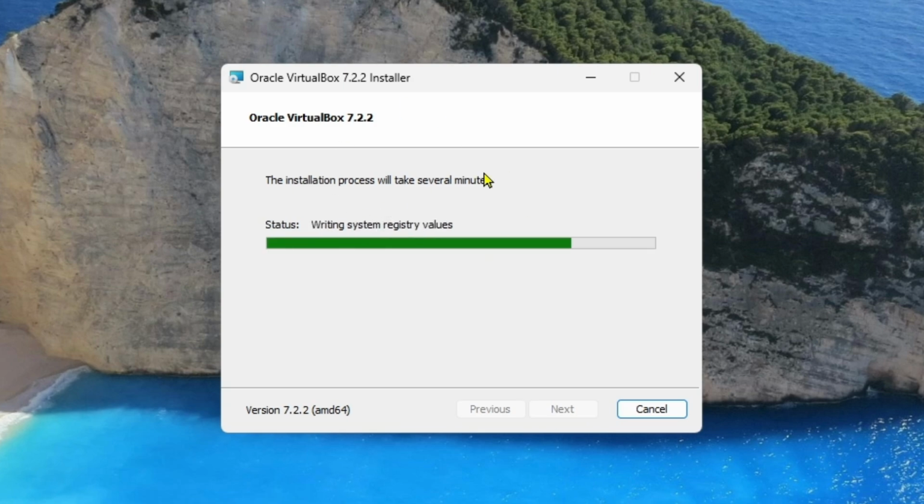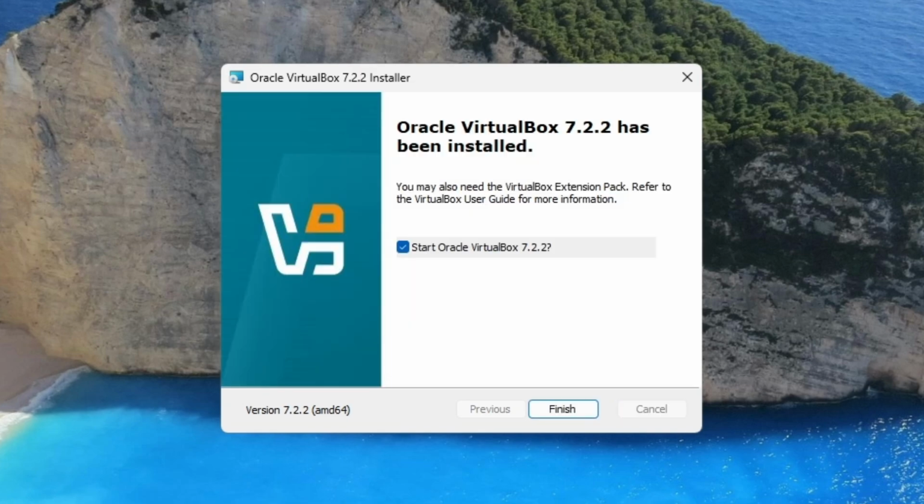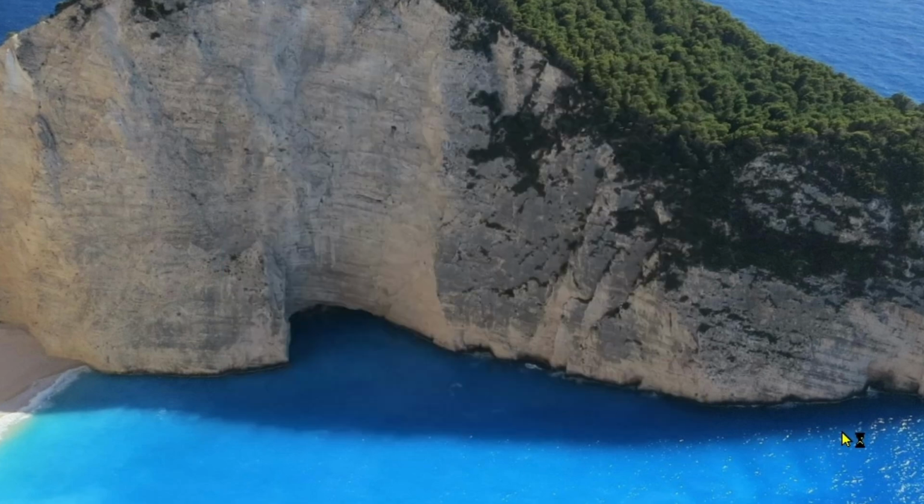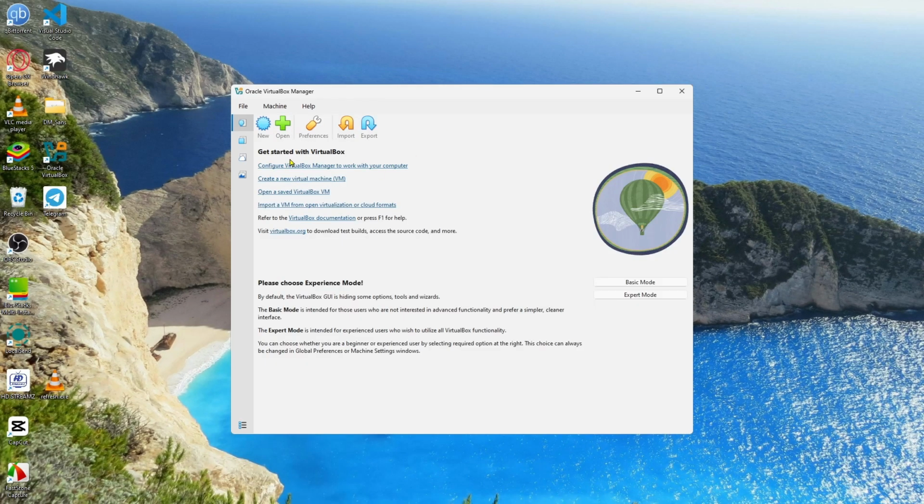It's very efficient. So after completing the download and installation, you will get an icon over here. As you can see, if we just click on finish, it will open like this, as you can see. So if you want to know how to use it, you can simply comment to me in the video